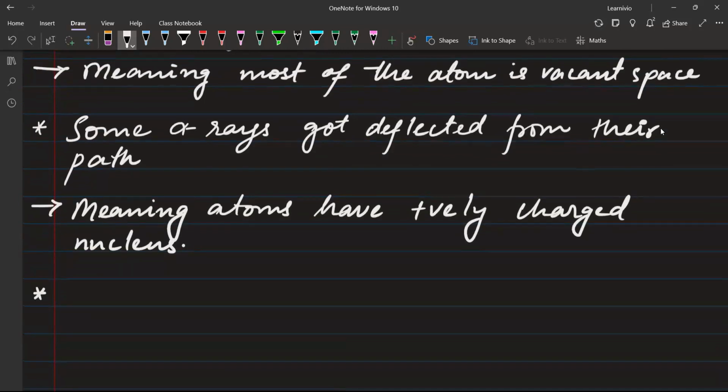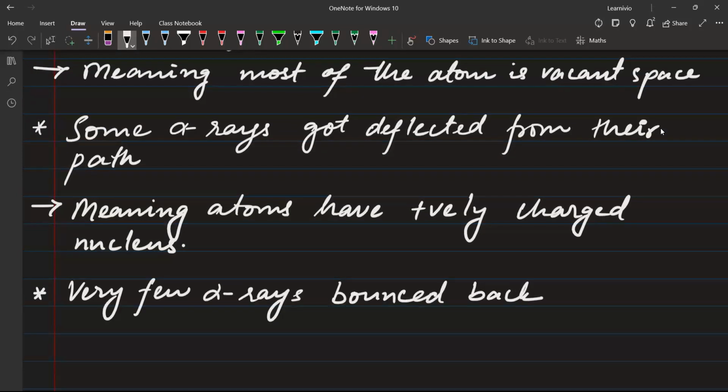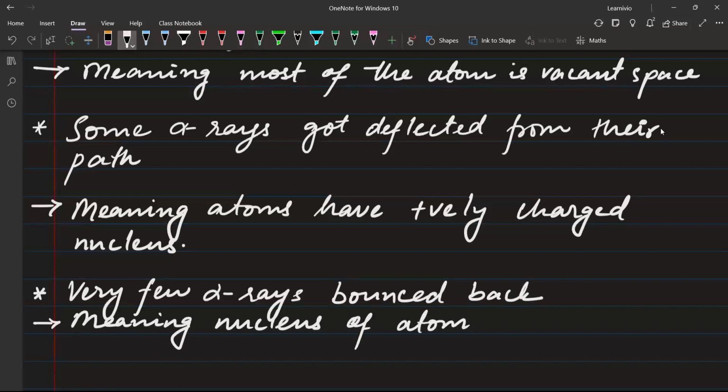At the C position, what happened? At the C position, very few alpha rays bounced back. Bounced back. It would mean what? Meaning nucleus of atom is very small and dense. बाउंस बैक तभी करेगा अगर वो बहुत ज्यादा डेंस हो, है ना? इफ इट इज नॉट डेंस देन इट विल नॉट बाउंस बैक, तो फिर मतलब न्यूक्लियस को तोड़ के निकल जाएगा अल्फा।